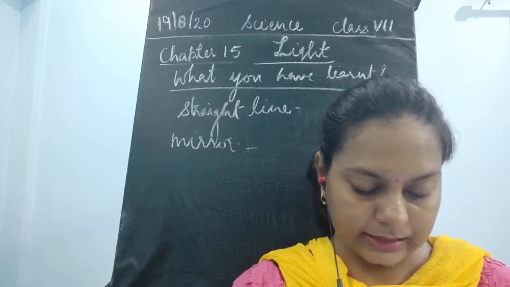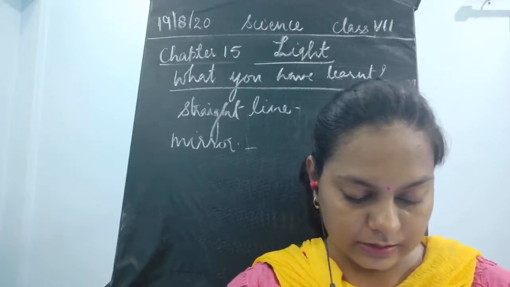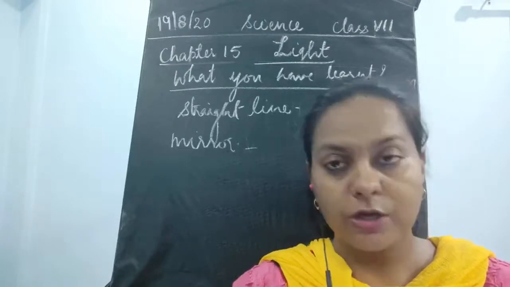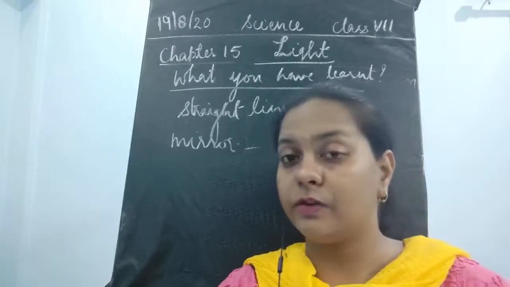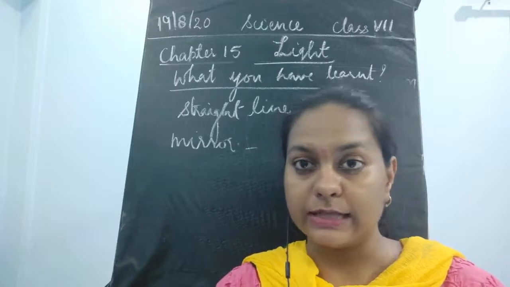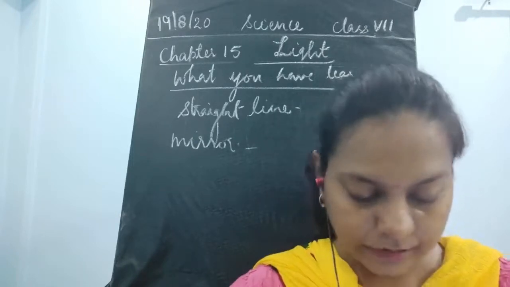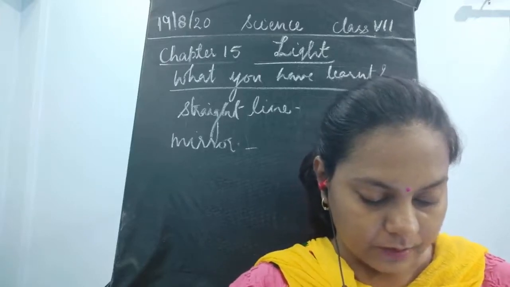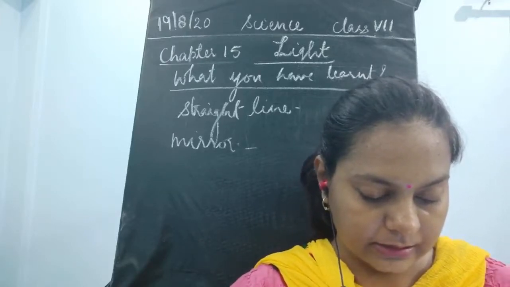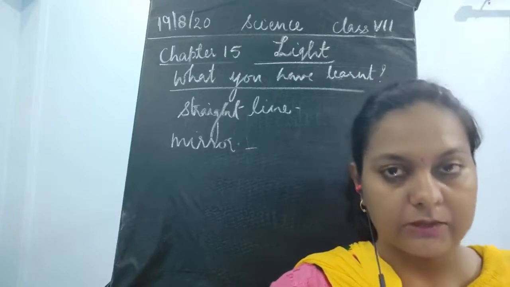Next, in this point there is certain other thing: it is virtual. And what do you mean by virtual? If you are standing in front of the mirror, you will be able to see your image. As soon as you move away, the image also goes away. So this is known as a virtual image. The image is the same size as the object, and it is at the same distance behind the mirror as the object is in front of it.